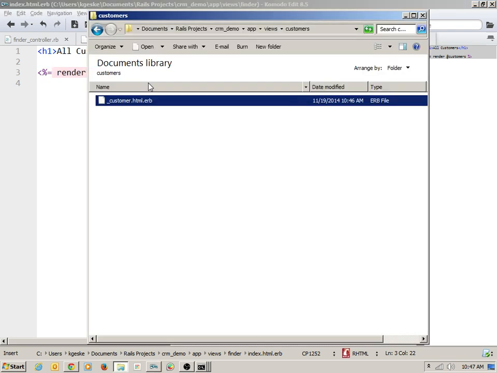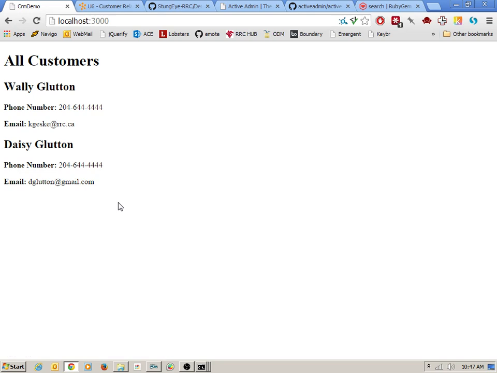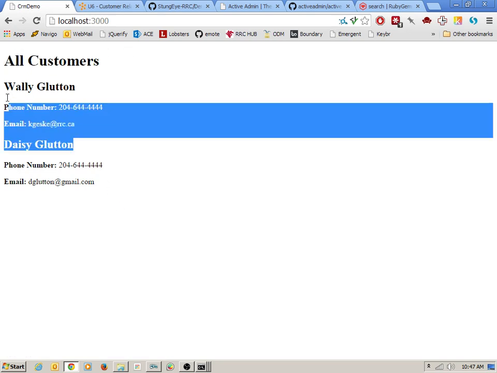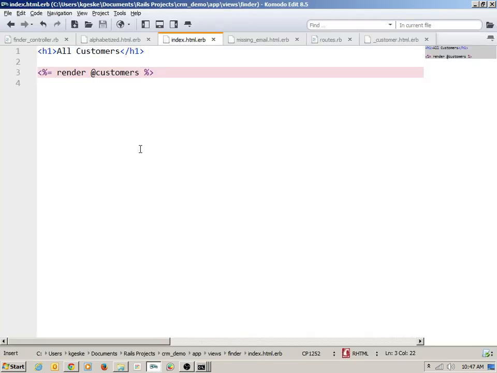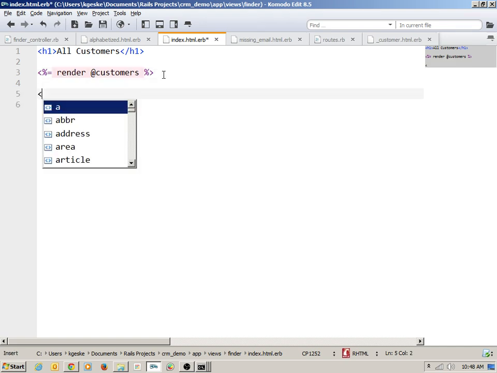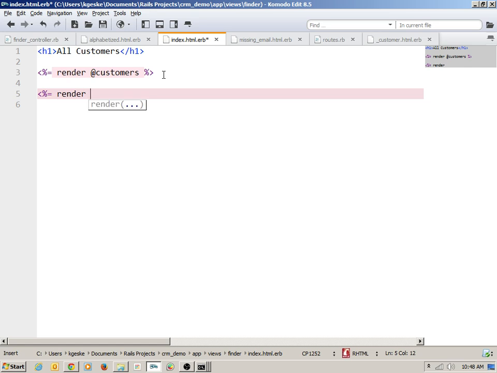And so if I go back to here, it does just that, right? There's my top header and my two customers being rendered. That is the magical way of doing things, where we're relying on all sorts of things like naming conventions and whatnot. The less glamorous but more understandable way of doing this would be to say render the partial,